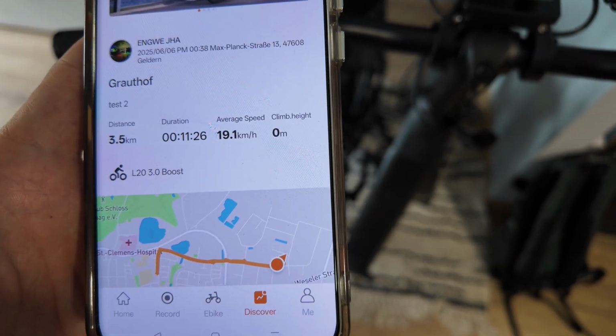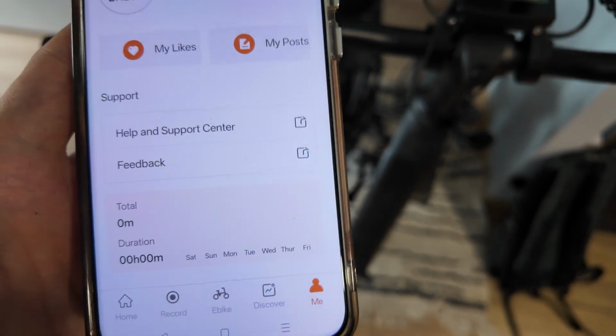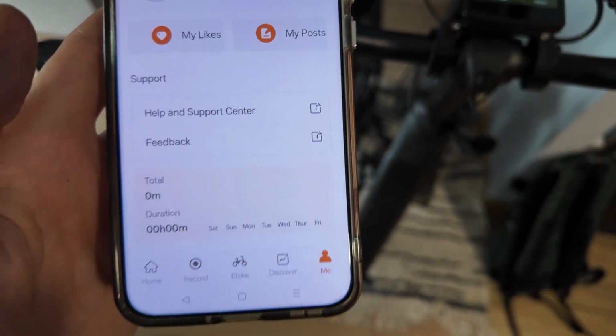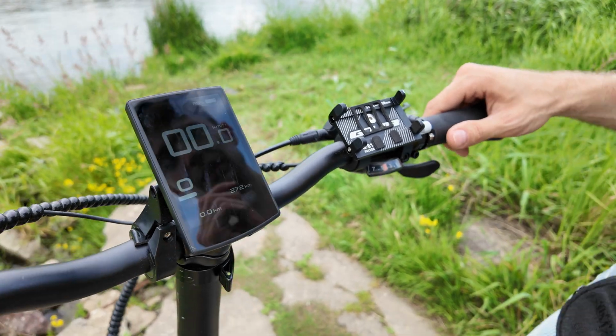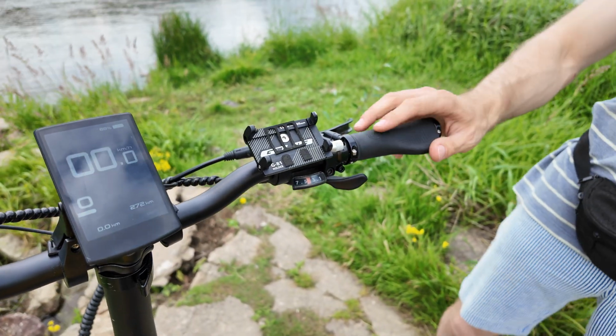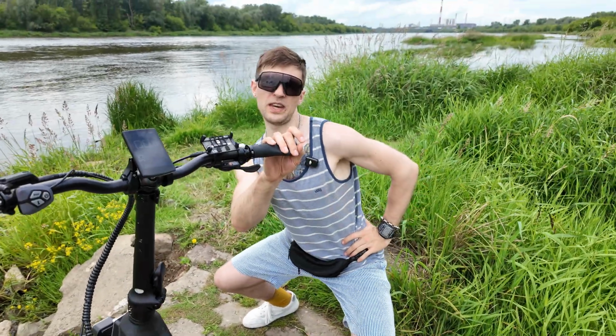The other pages are just about recording your trip, and yeah, nothing too fancy here. No possible speed unlock on this bike. This bike is fully legal, no throttle. This is something that is definitely destined for the European